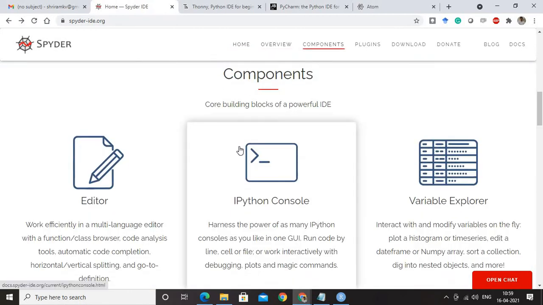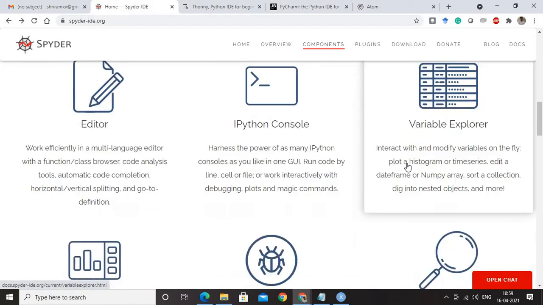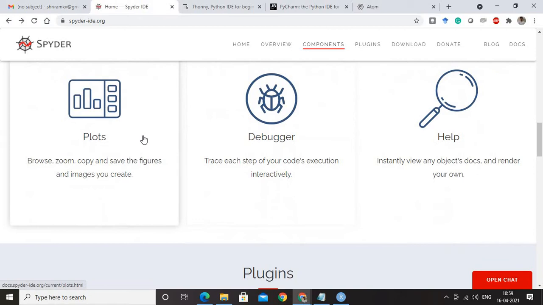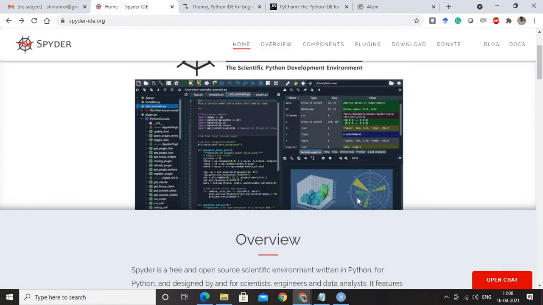Visualizations are really good, and the Python console is very easy to use. The variable explorer is there, and most importantly the debugger is very easy to use, and it helps us in tracing each and every execution very interactively. And the plots, this is really cool. Over and above all the features Spyder has got, the plots take over, and this is the best feature that I can see out of all the available features. In one word, the display and the visualization make it outstanding.